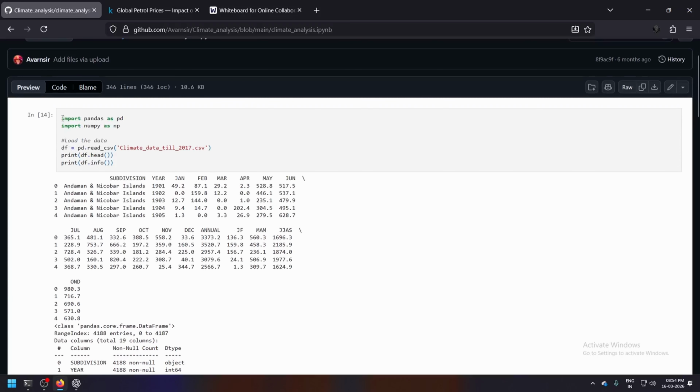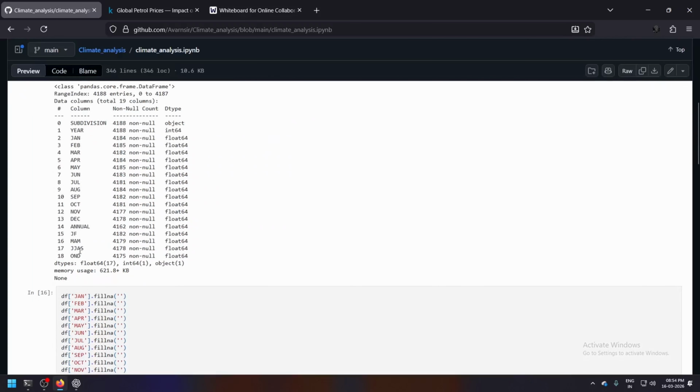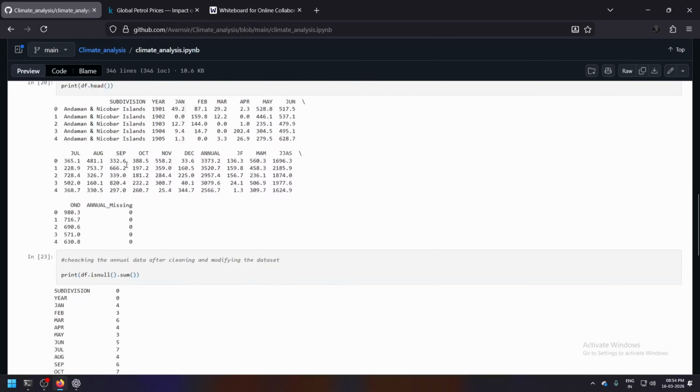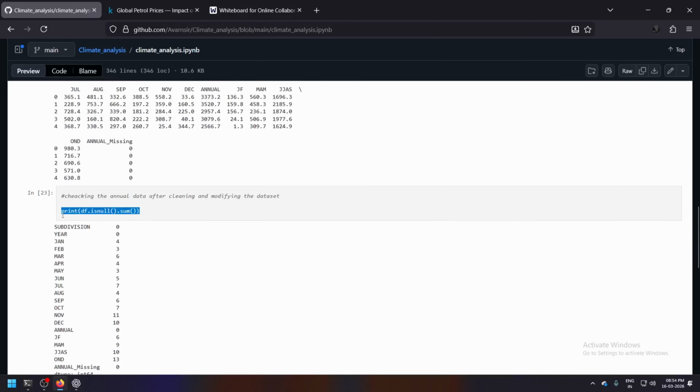I did the same thing that I showed here. This line checks the annual data after cleaning and modifying the data set. It shows you whether there is any null value or not.